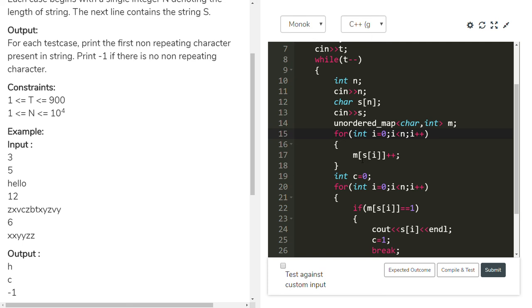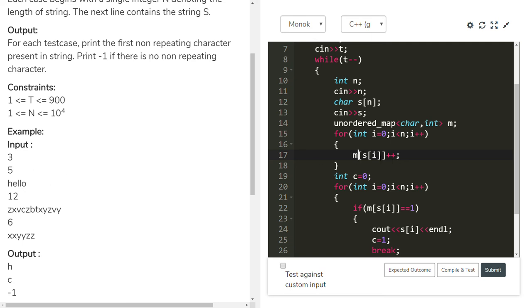The map takes the key h and the mapped value is its occurrence count. H occurs only once. In the same way, I is incremented. E occurs only once, so its value goes from 0 to 1.